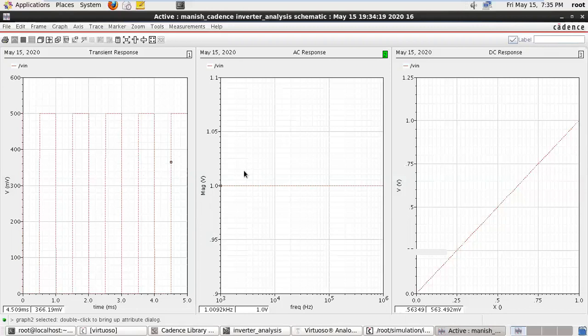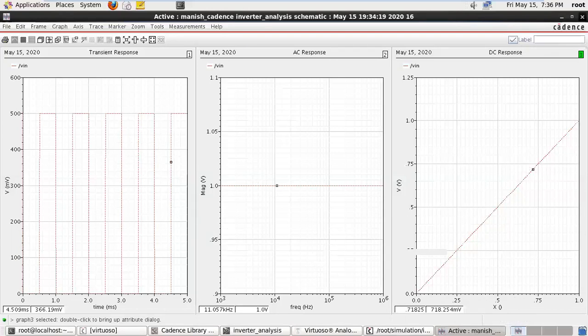When we are selecting AC analysis, all analysis is with respect to the AC magnitude, and the X variable is the frequency. And when we are drawing the DC waveform, all analysis is with respect to a DC voltage or a design variable.